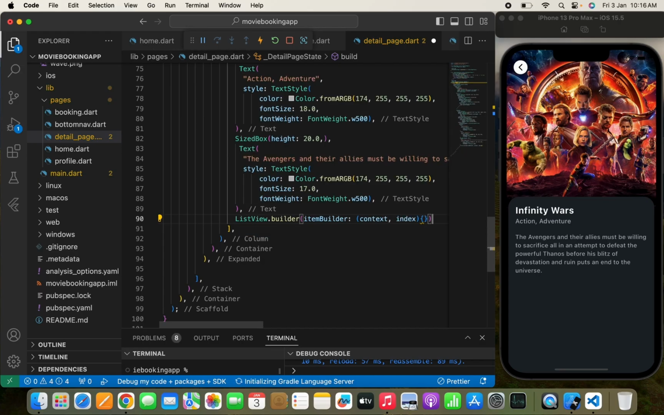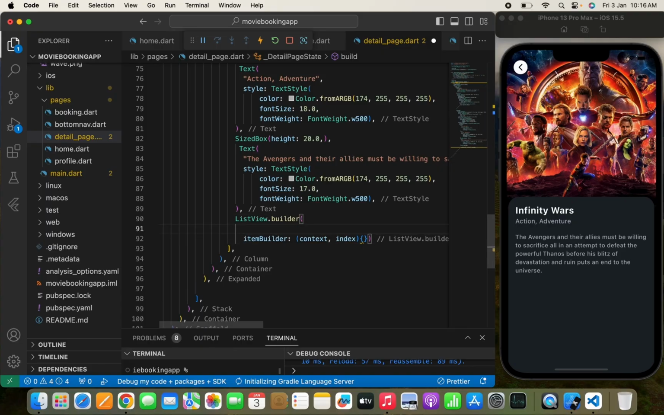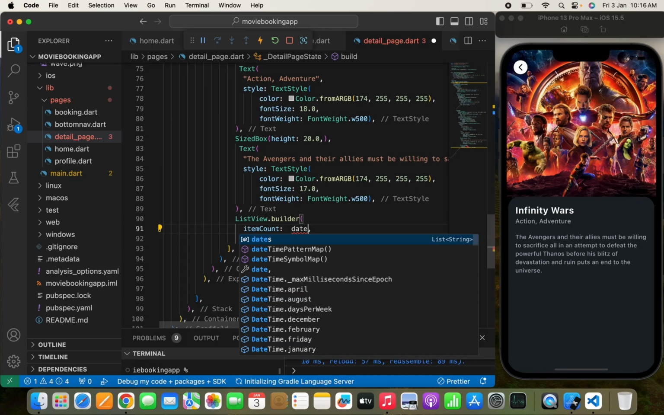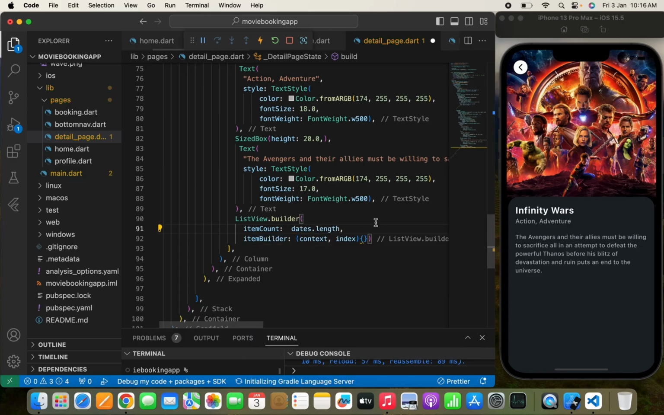As you can see that we have simply passed a final dates over here. So I'll simply call dates over here in the ListView.builder. So for that I need to first pass an item count, so that I keep the count like dates.length, something like this. Now here I'm going to simply pass a return,